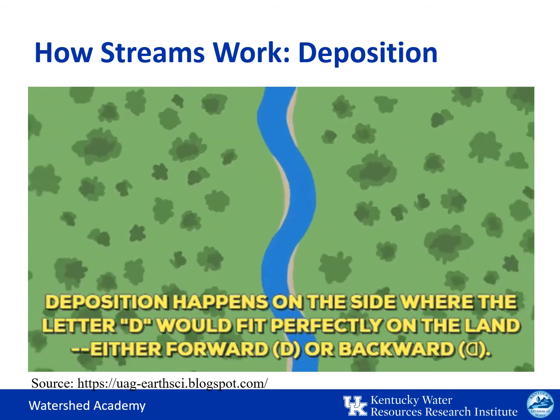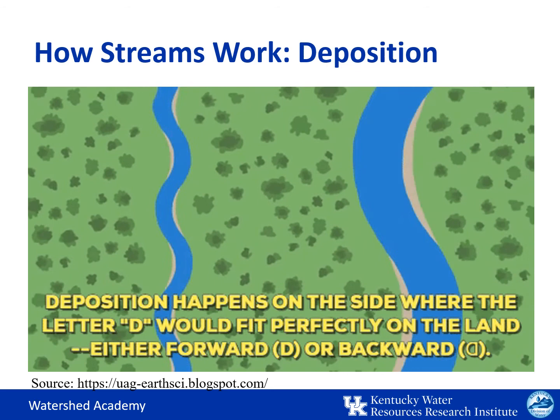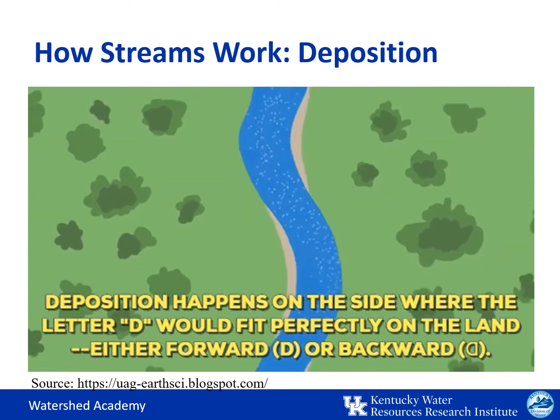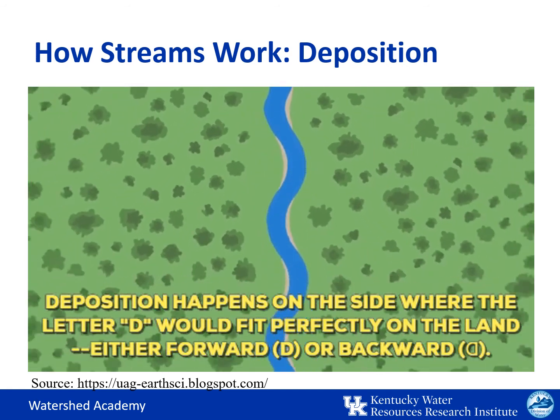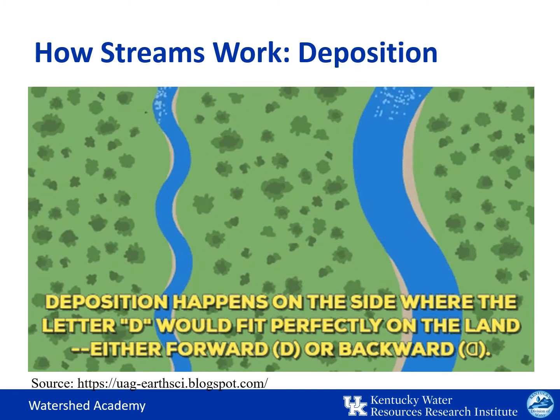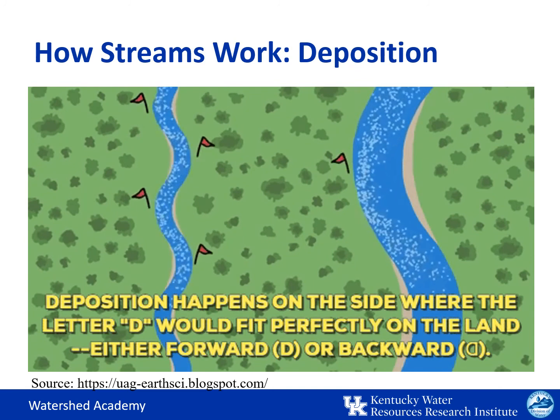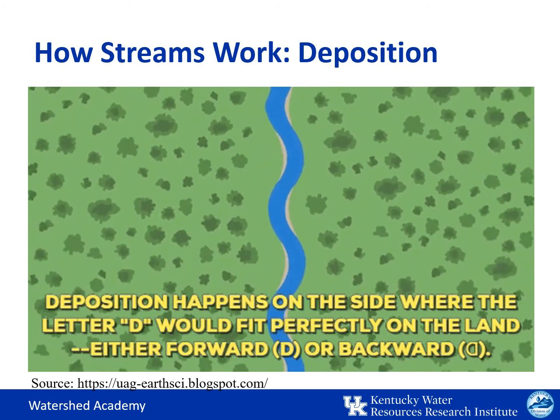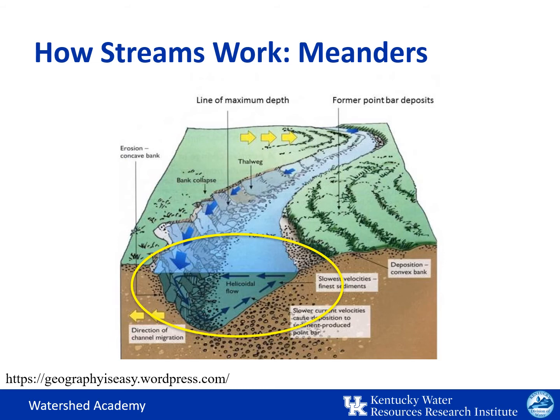So as the water is spiraling downstream, the fastest waters cause erosion on the outside of the stream bends. But the slower waters are on the inside of the bank, and that's where deposition is occurring. So over time, erosion occurs on the outside, deposition on the inside, and the stream will begin to increase its meanders across the floodplain. Here we can see in this unanimated diagram a cross-sectional view that shows how the channel